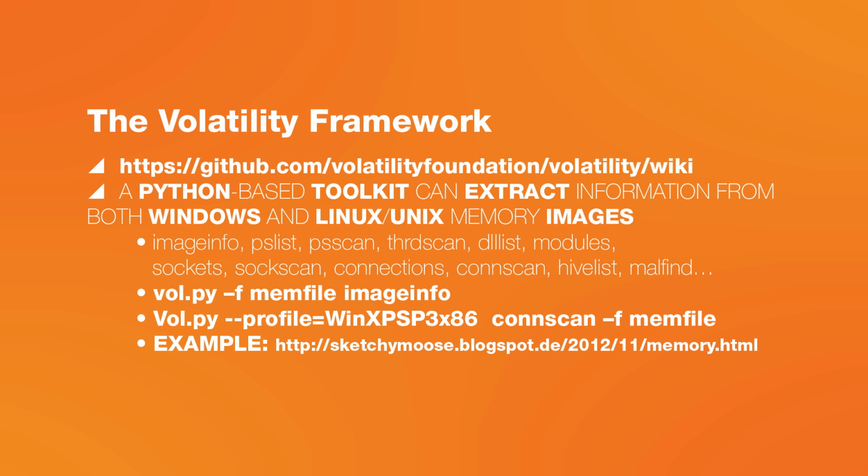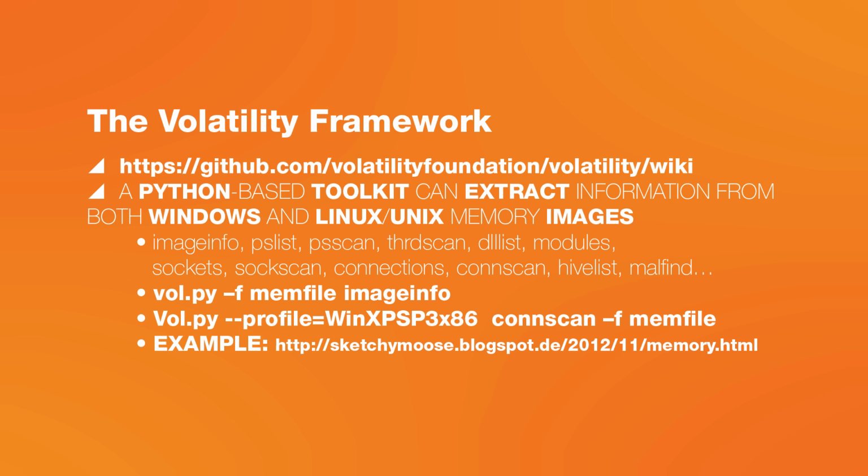All active EPROCESS structures are double-linked together. This linked list of EPROCESS structures is pointed to by PsActiveProcessHead. Volatility uses the kernel debug structure to find PsActiveProcessHead and then to list all currently running processes by traversing through the